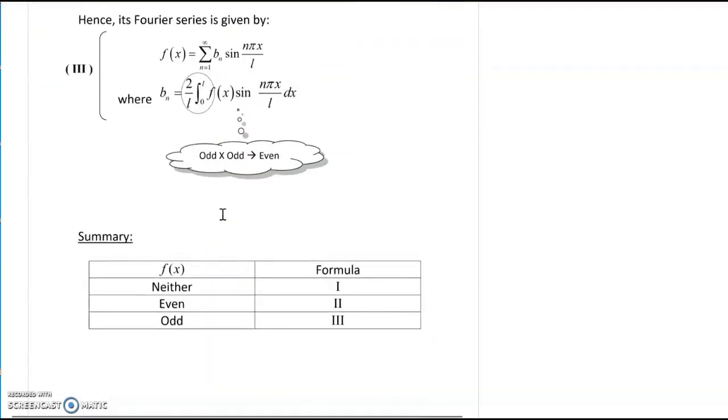That's the Fourier series formula. So basically we have 3